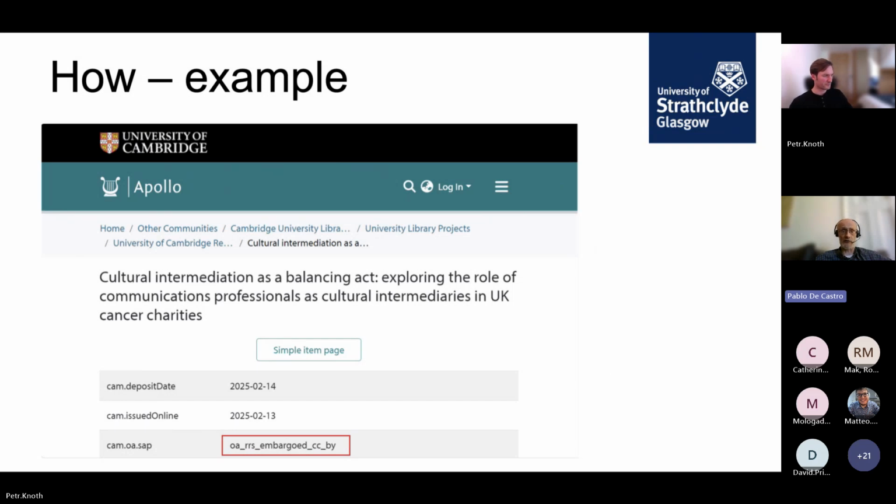This is a DSpace-based repository. You can see there that there's a specific metadata element, albeit an internal metadata element. This is not your standard Dublin Core, where some sort of code is being used by the repository team at Cambridge to tag rights retention publications. This is not being done systematically, but it's a possibility. If we figure out some mechanism to do this across the board, this is the sort of thing that would allow CORE to capture these items very easily. And then there's another example, next please,